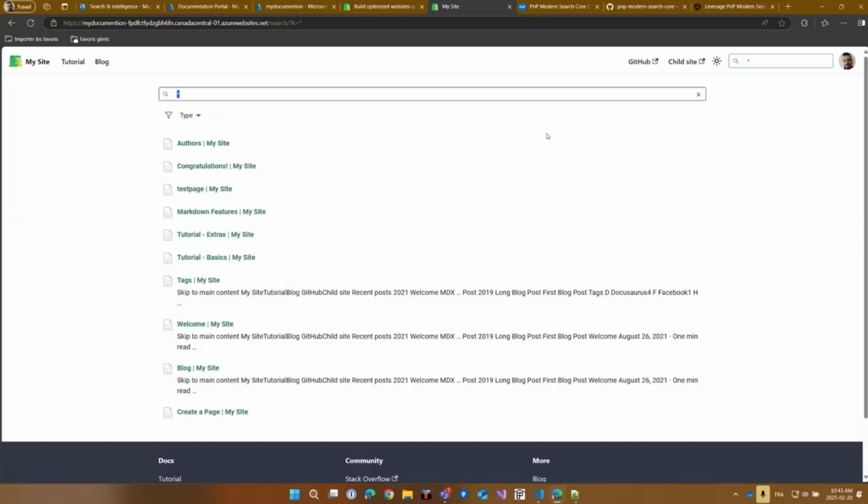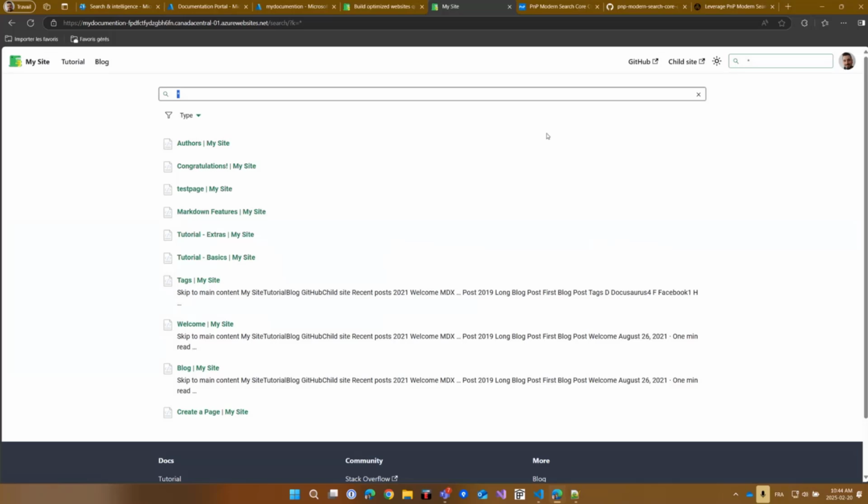The goal is to index your internal Docusaurus site with Microsoft Search, and provide a search experience directly in that site. That's basically the goal for the presentation today.